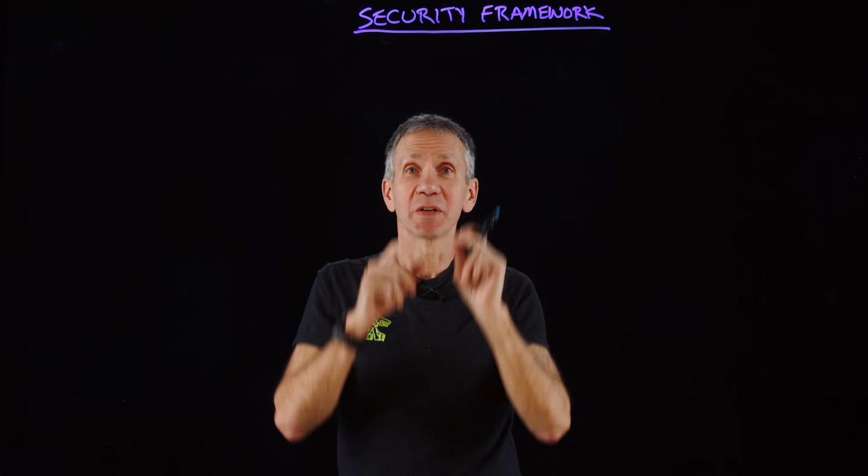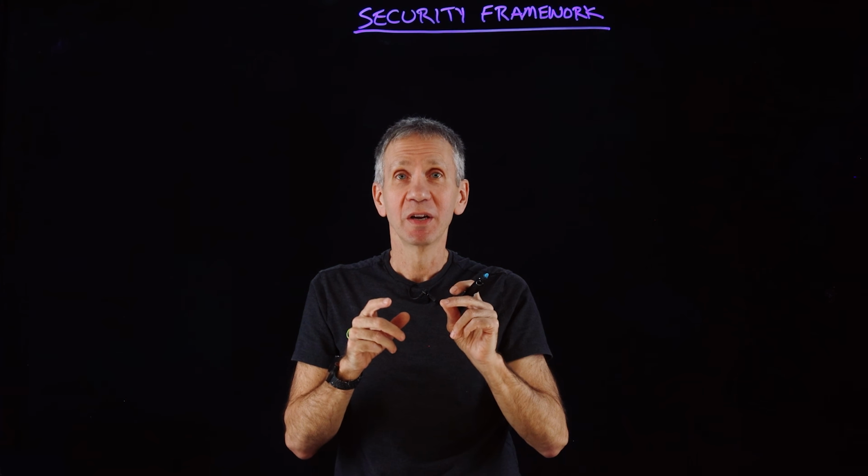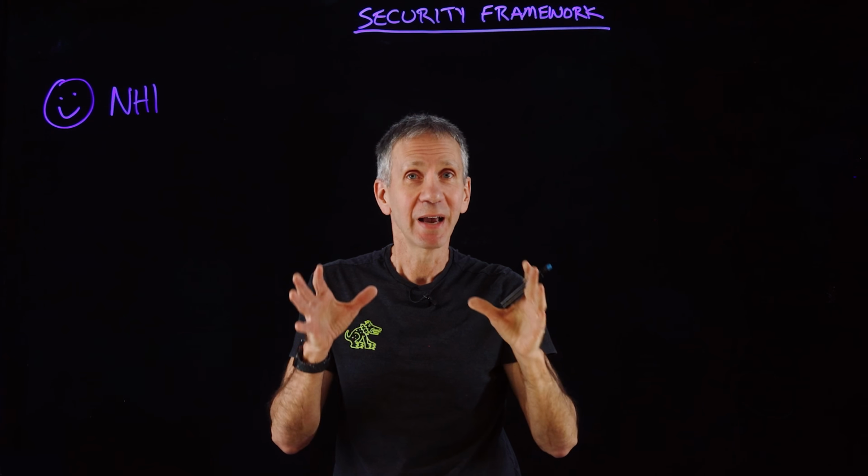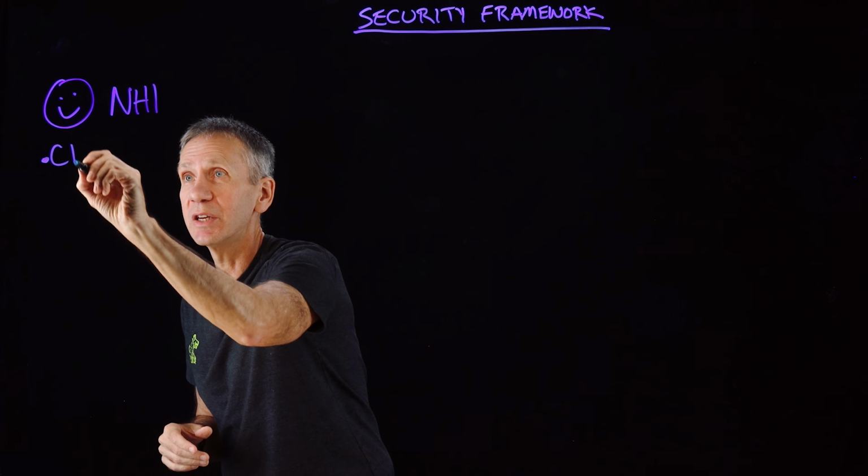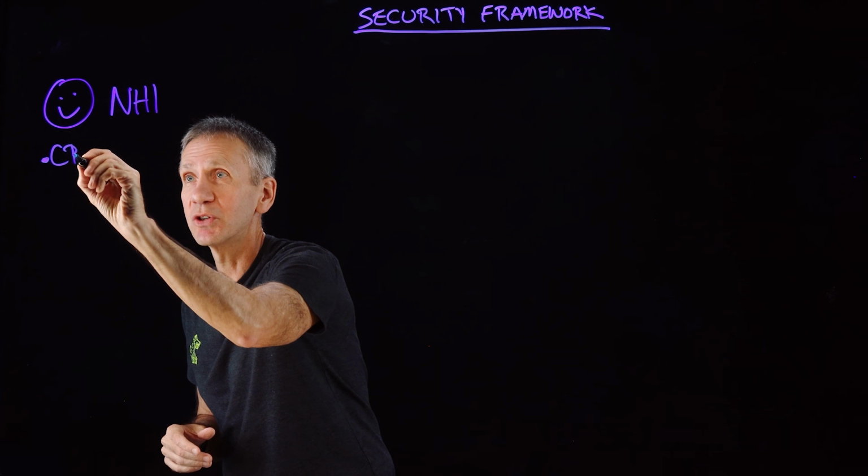Now let's talk about a security framework that embodies and encompasses those kinds of design principles that I just talked about. We're going to start off with identity and access management. So I'm drawing a person here, but we actually also have to consider non-human identities. These non-human identities are what the agents are, and they need to have their own unique credentials, their own logins, their way of us making sure that they are uniquely them. And if something happens, I want to go trace it back to which agent was the one that was misbehaving. Just like with users, they shouldn't be sharing passwords. Agents shouldn't be sharing credentials.